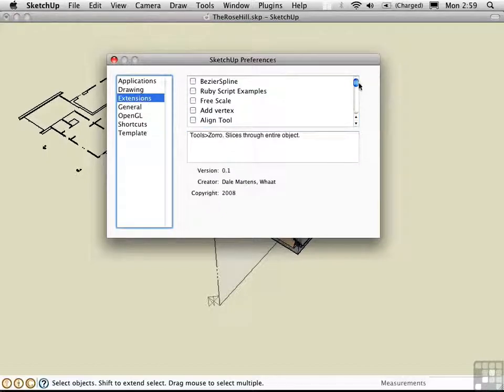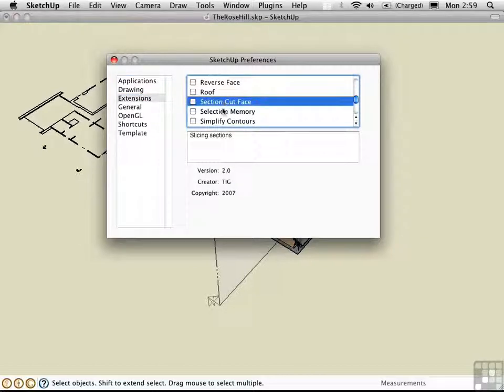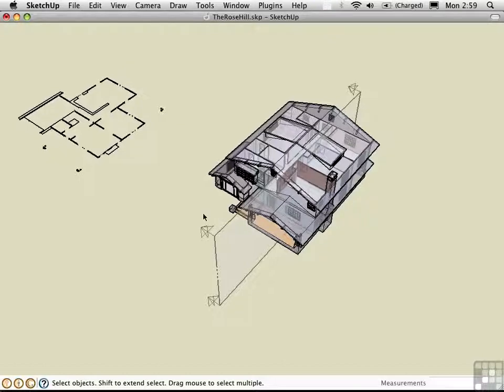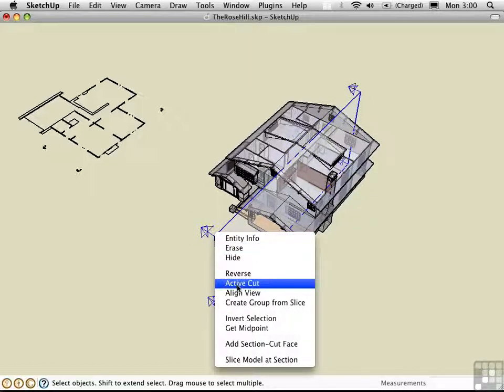As usual, I've turned them into extensions. There's one called Section Cut Face by Tig, and there's another called Zorro by Dale Martins, or Watt as he's known in the forums. With those 2 scripts loaded, we'll have 2 additional items in the right-click menu. Let me go ahead and turn this back on. I'll say Active Cut,